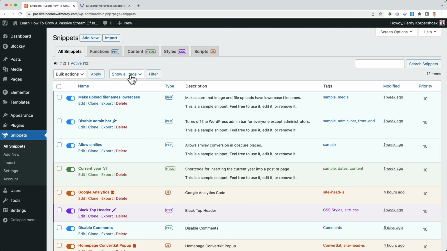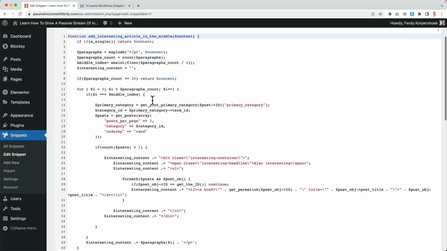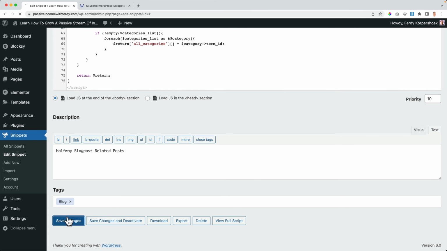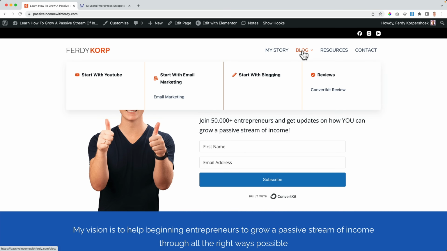What I can do, I can go to tags and say only show the blog tags. And now I see those both, so they're combined. Let me go to the related posts. Okay, everything seems to be fine. No installation of a plugin. I go to the website, to the blog page,